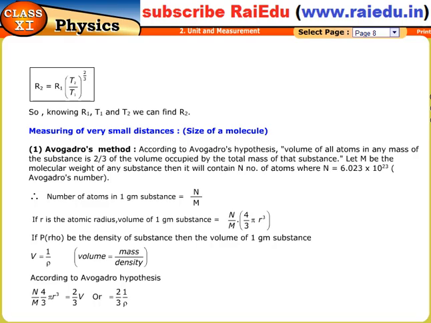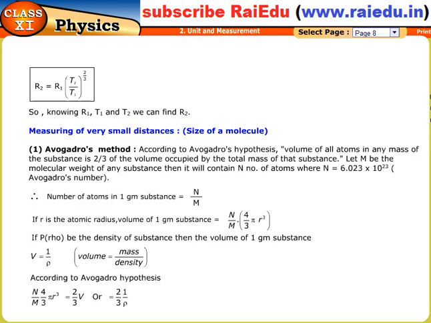Let m be the molecular weight of any substance, then it will contain n number of atoms, where n is equal to 6.023 into 10 raised to the power 23, Avogadro's number. Therefore, the number of atoms in 1 gram substance equals n upon m. If r is the atomic radius, the volume of atoms in 1 gram substance equals n upon m into 4 upon 3 pi r cube. If rho is the density of the substance, then the volume of 1 gram substance,